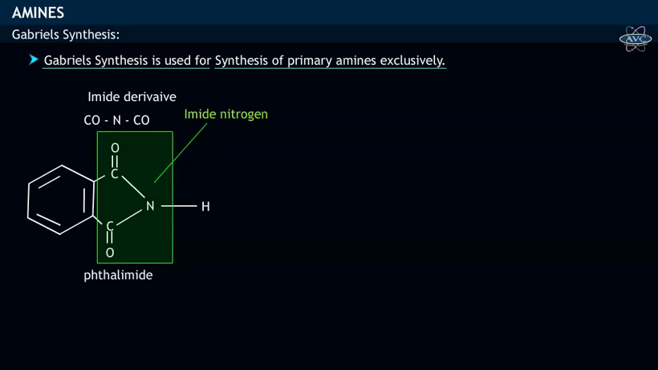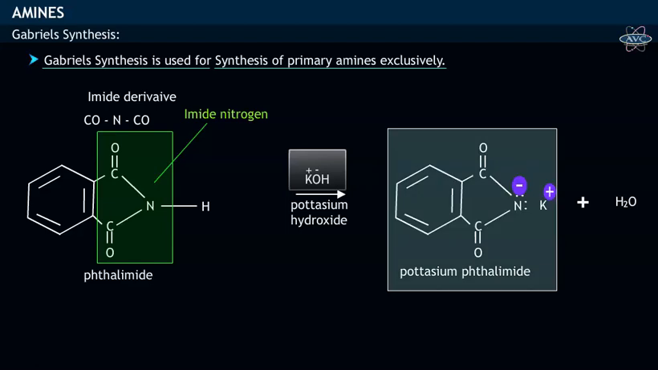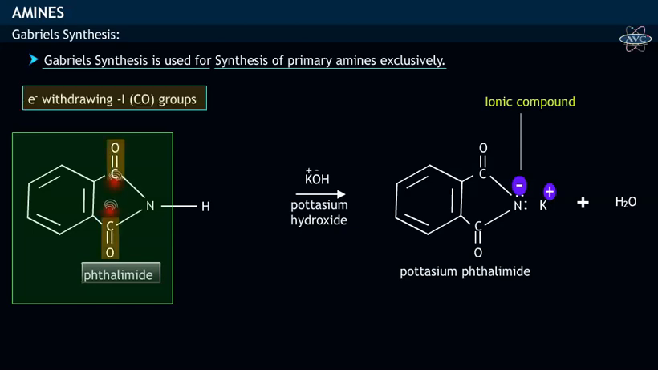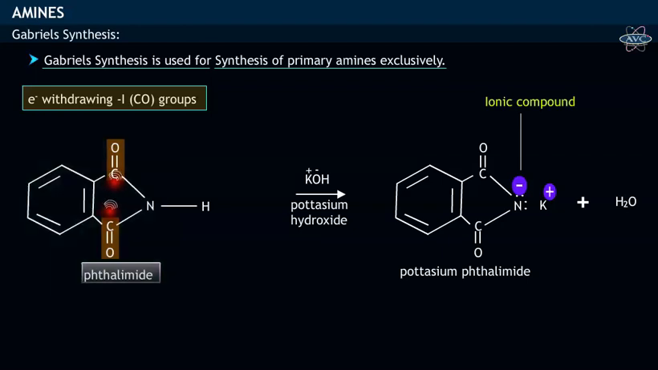Initially during this reaction, phthalimide reacts with potassium hydroxide and thereby forms potassium phthalimide, an ionic compound, along with water. It may be noticed that the compound phthalimide contains two electron withdrawing inductive groups, or two -I groups. Due to the -I effect of two carbonyl groups, the electron density over nitrogen of two neighboring carbon-nitrogen bonds is withdrawn